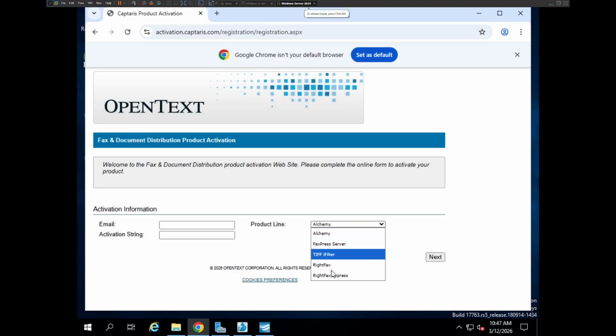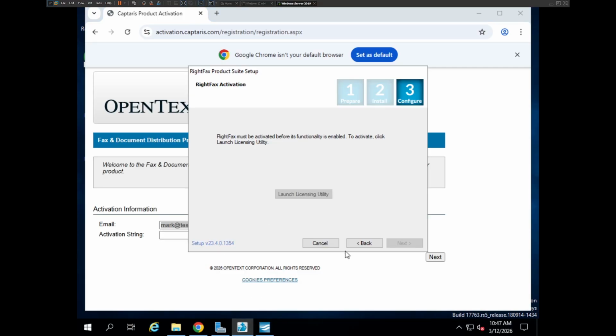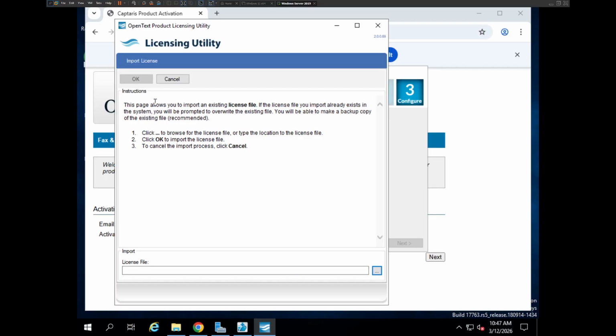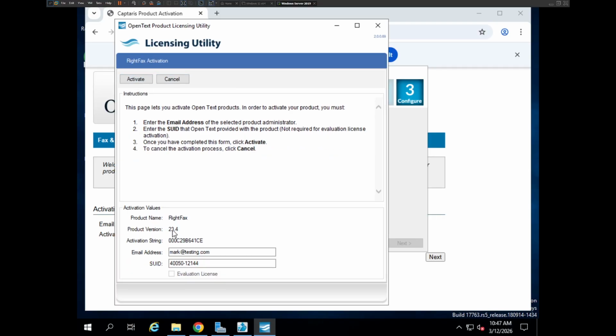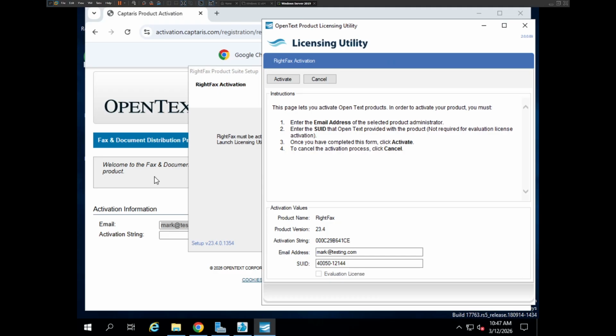I'm going to be importing the RightFax license. In this case, I'll do an evaluation license. I'll use mark@test1.com as my email, and then it's going to require the activation string. If you hit cancel here and then activate, you'll see the activation string here. I'm going to leave that on the side,